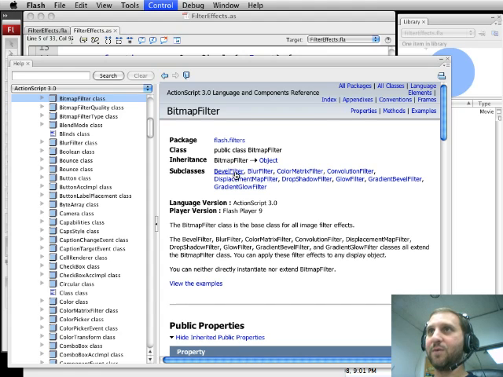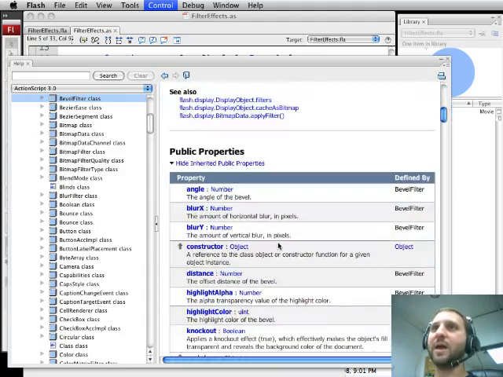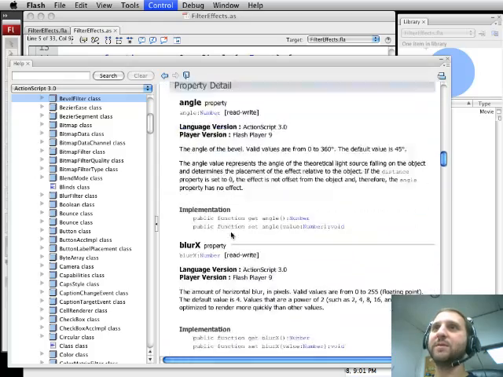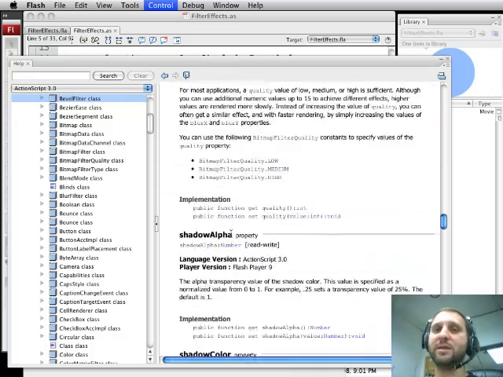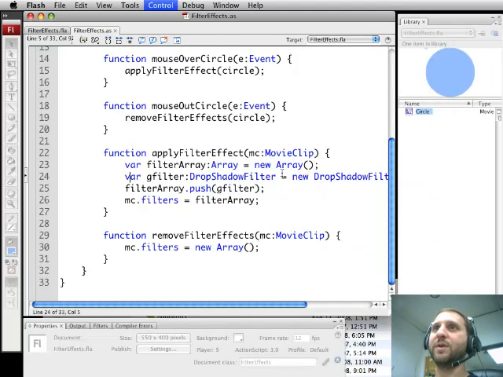So for instance, if we want to do a bevel filter, a bevel filter has angle, distance, etc., all sorts of different things. And when you create it, you actually define all these different things in a long set of parameters if you wish. So for instance, if we went back to glow filter,